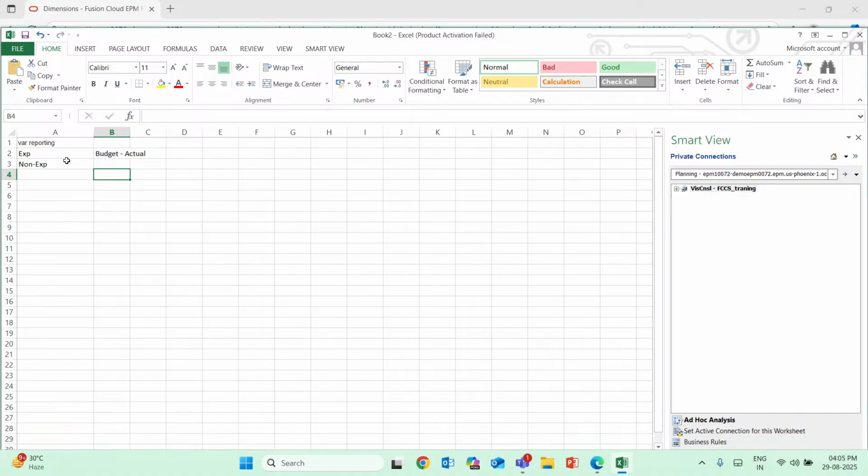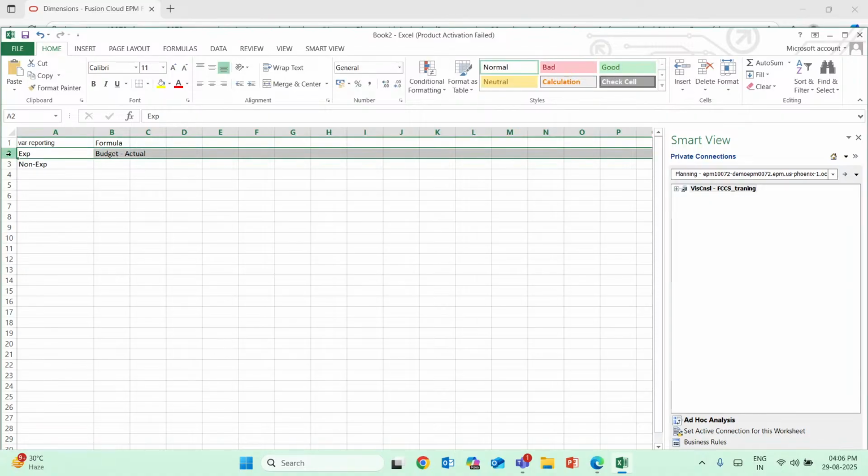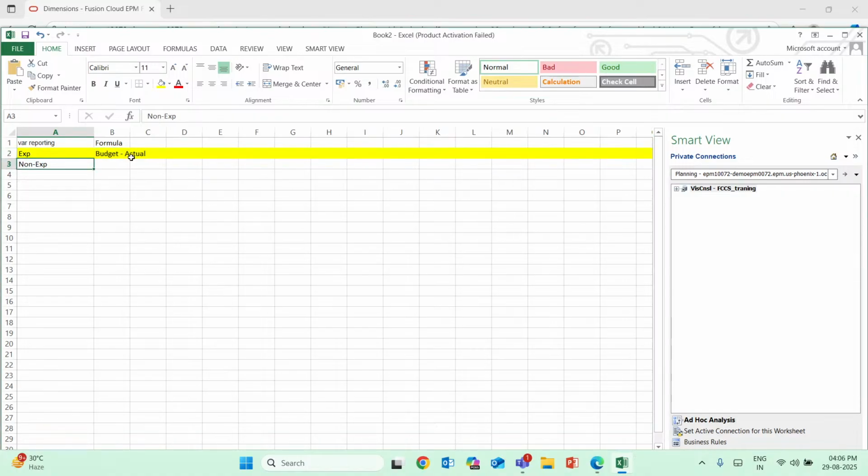So for expenses we use the formula. In expense we use the formula for variance reporting, budget minus actual formula. And so this is the formula for the budget. So this is the formula for this expense. Okay, and so if